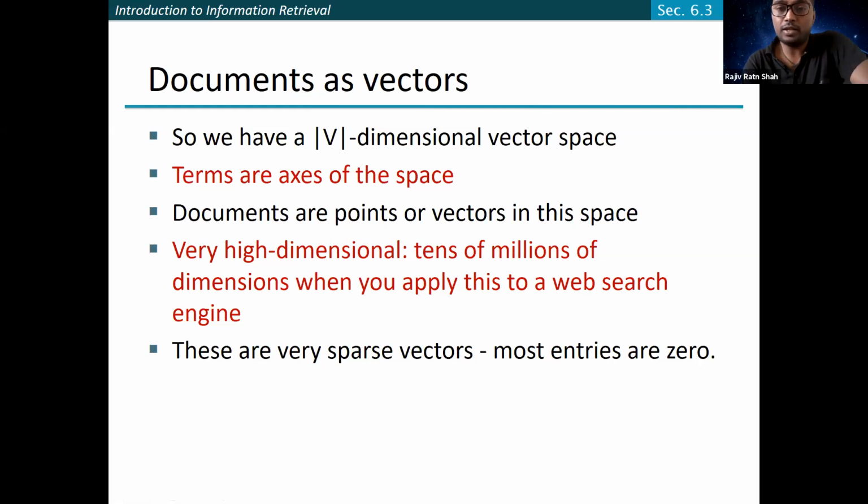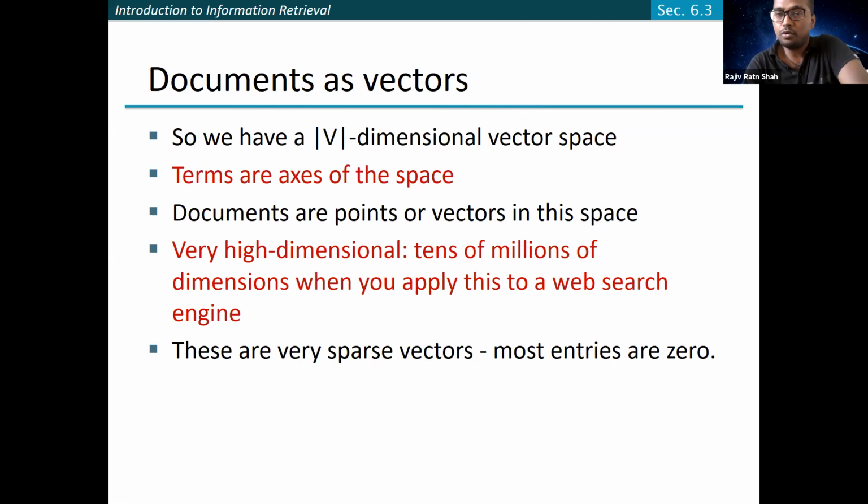Definitely you can represent a document in the vector space just based on the document. You can see the term-document matrix where if some term appeared in the document, you can make it one. If some term is not present, you can make it zero. In this way, you can have a 1010 kind of vector for the given document. And a similar thing you can do for the query as well, right?